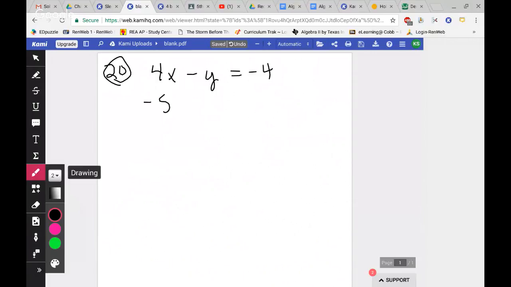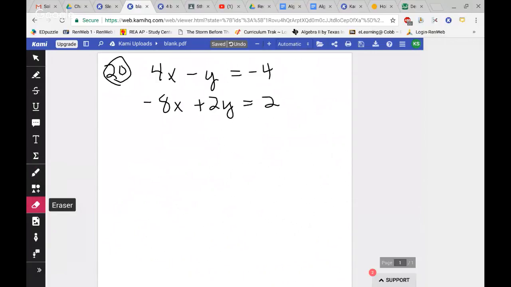And then negative 8x plus 2y equals 2. So on this one right here, I see a y kind of by itself with no extra coefficients. So I feel like that's going to be the best one to rewrite so that I can get an isolated variable so I can figure out what y would equal. So what I would do on that